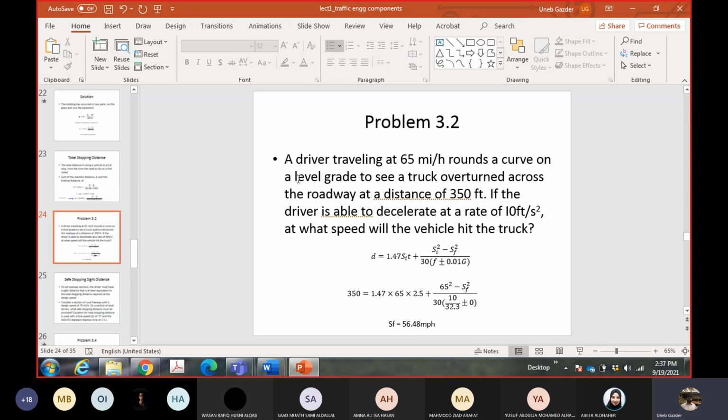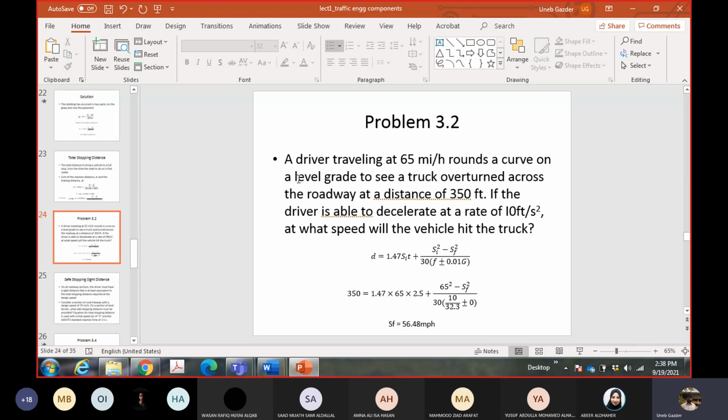What is the difference between that accident example, the one with the abutment, and this one? Here we will use total stopping distance, not the braking distance. In the previous example, the one with the skid marks, we used the braking distance. The reason is that the skid marks are created when the driver has already pushed the brakes. At what time he started thinking was not given.